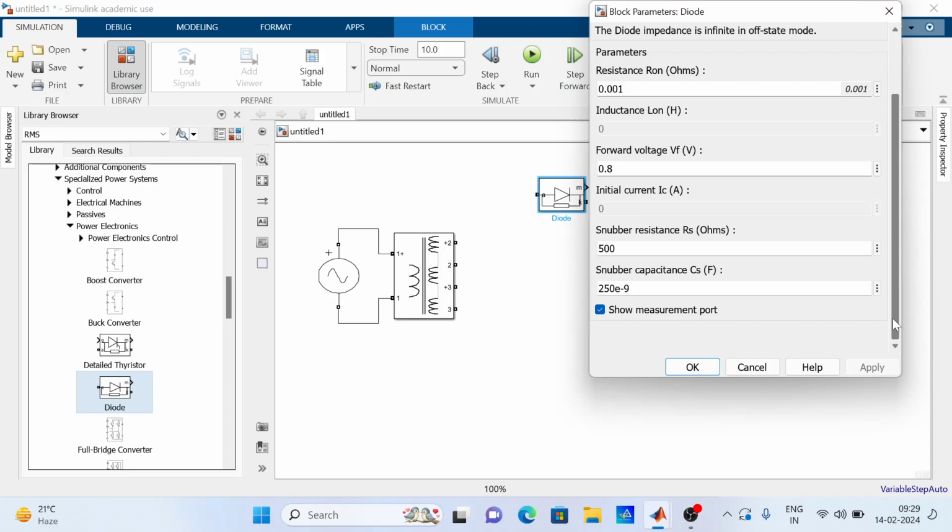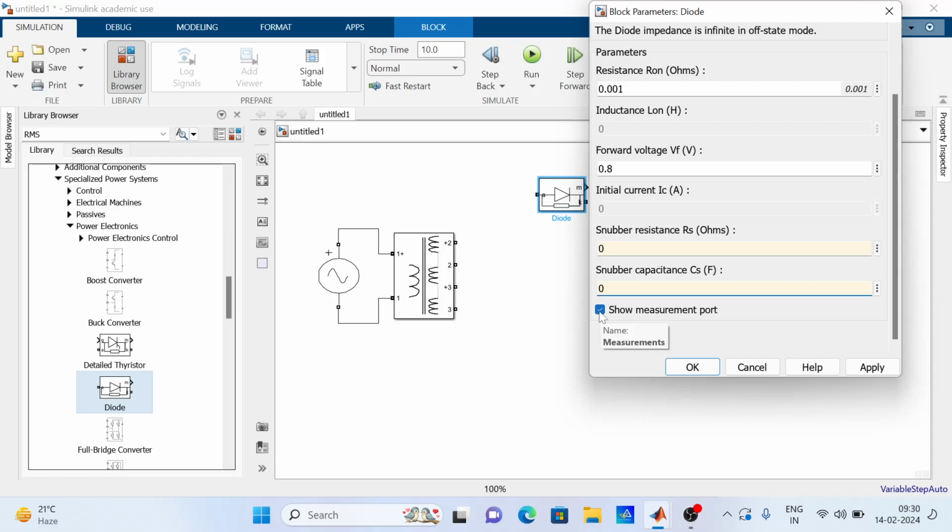But in the laboratory, we are operating with very low voltages, so there is no snubber circuit and no protection circuit. Simply keep 0, and this one also 0, and uncheck the measurement port. We are not measuring anything for the diode.